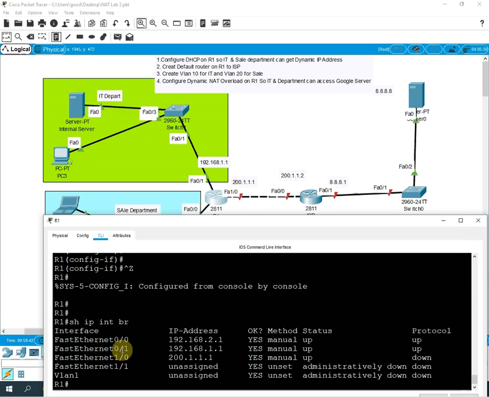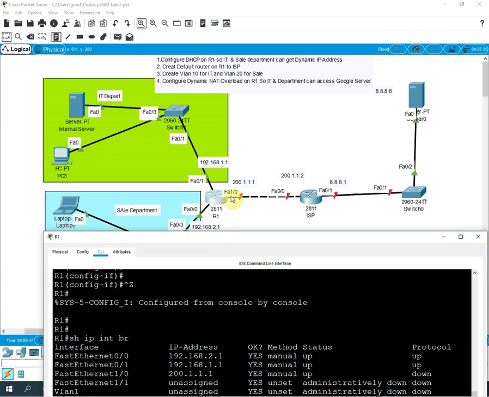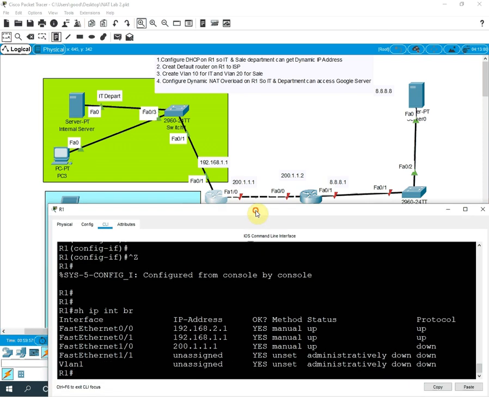And if you see FastEthernet 0/1, 192.168.1.1, so this is also okay. Then 200.1.1.1, that is 1/0. So this is also okay.